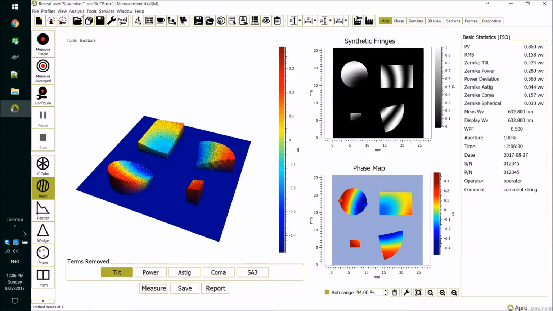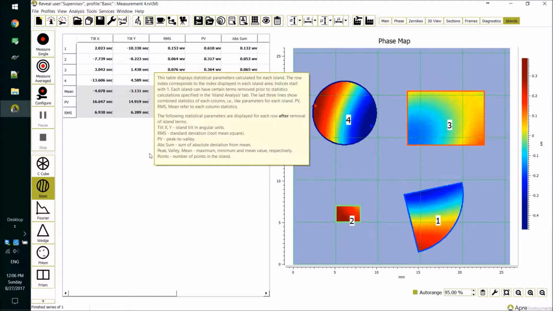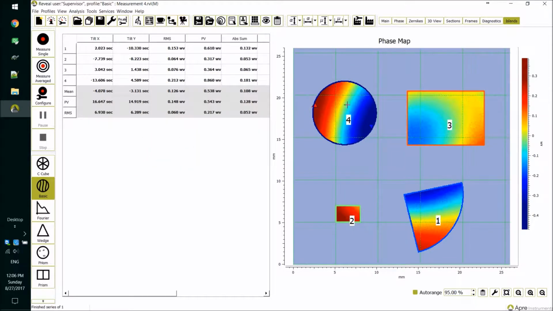Island analysis is invoked by using the analysis menu. Click and slide down and select Island Analysis. As you can see, 2 things happen on your screen. First, a new screen has been added to the Reveal interface. On the right side, you can see the clearly labeled islands with indices from 1 to 4. On the left, there's a table containing statistical parameters calculated for each of these islands. Each row in the table is labeled with the same index as shown on the right side of the phase